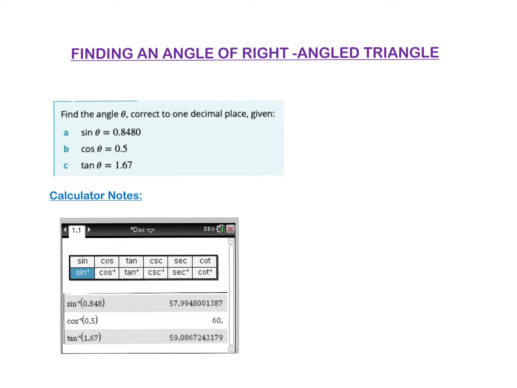Okay, so we've now been looking at finding the sides of the triangle. Now we're going to look at when we don't know the angle but we're given the sides. So it's still a right angle triangle, so we'll still need to do it. What we're going to have to be looking at is when you're solving, if you think about our sine formula,